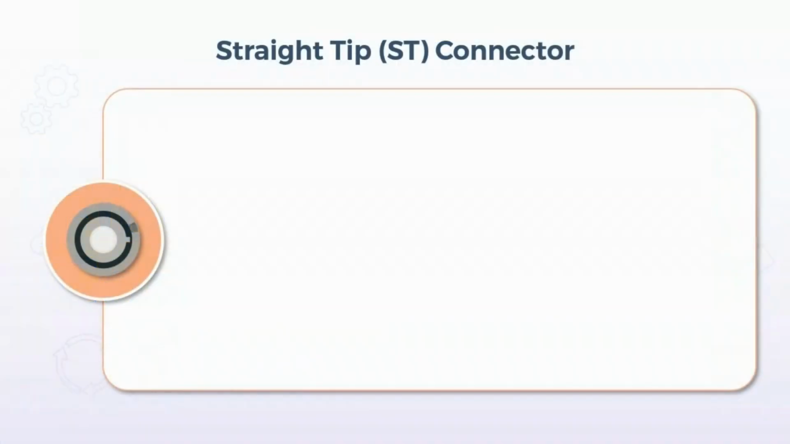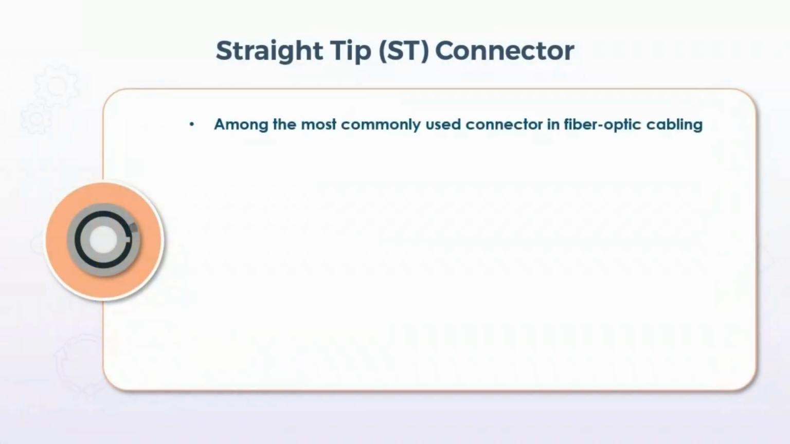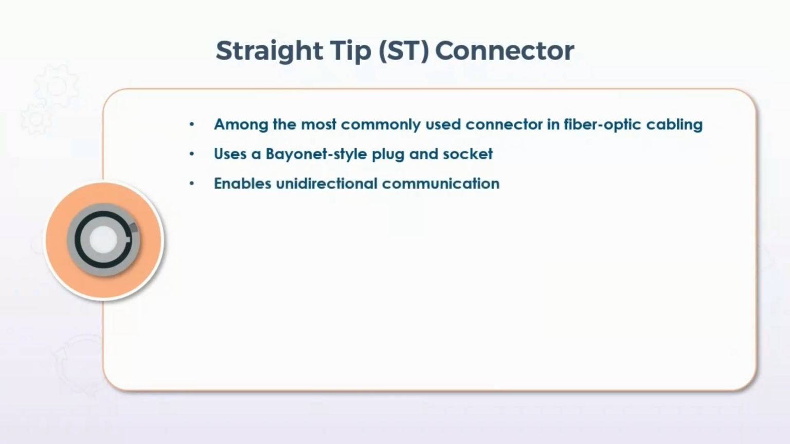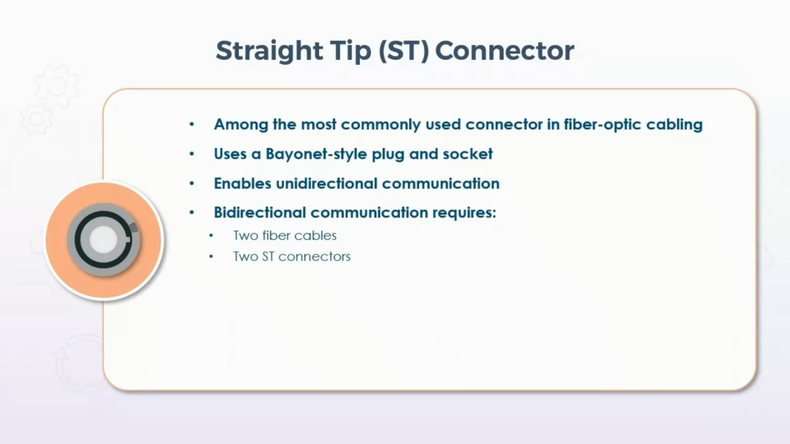In this presentation, we'll discuss the different types of connectors in use with fiber optic cabling, beginning with the straight tip or ST connector, which is among the most commonly used type of connector in fiber optics and uses what's known as a bayonet-style plug and socket due to the fact that it is inserted, then twisted to lock it into place. Now, this provides only for unidirectional communication, meaning that for bidirectional communications, 2 cables and 2 connectors on